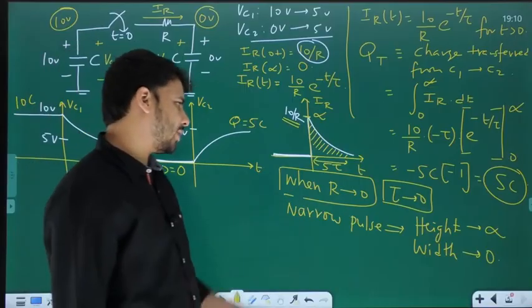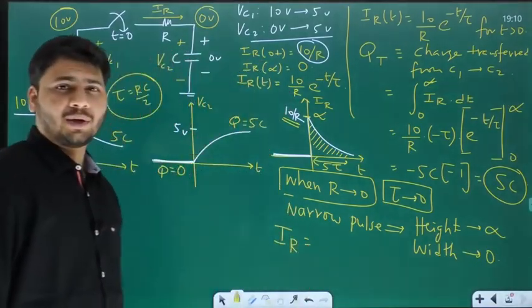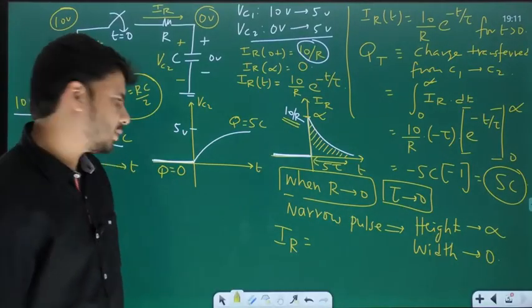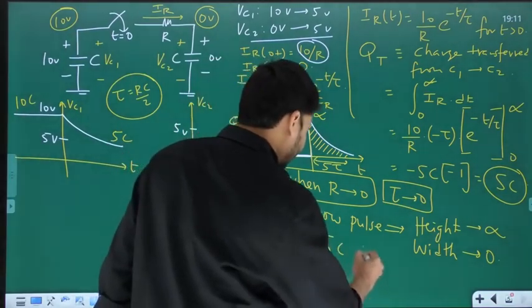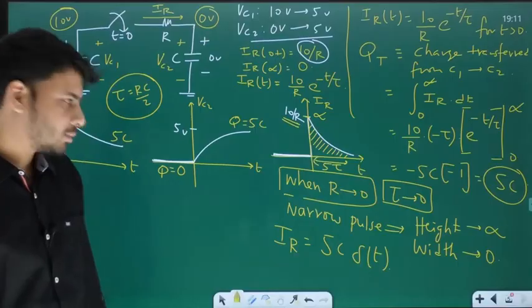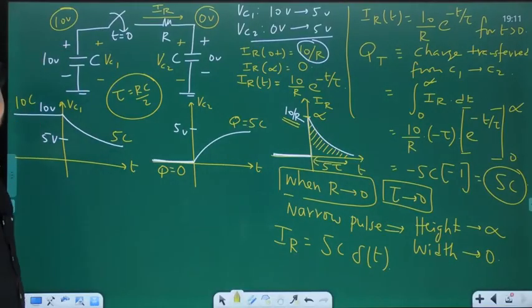So when R tends to 0, IR will become an impulse current. Impulse current of how much area? 5c. So is it not simply 5c times del of t? This is how you get the popular circuit which you must have studied in your high school,